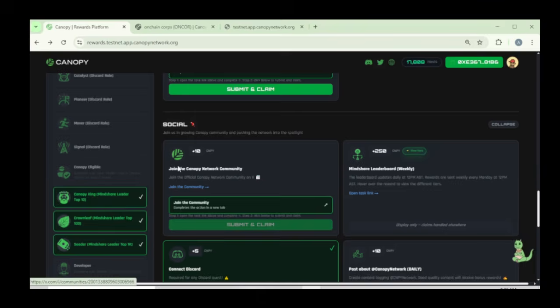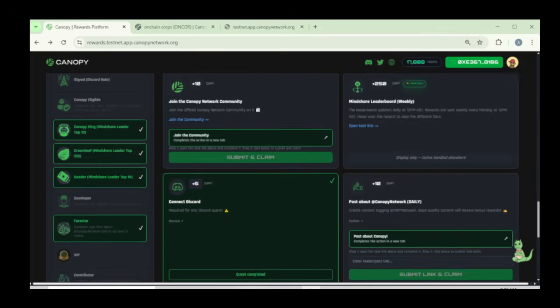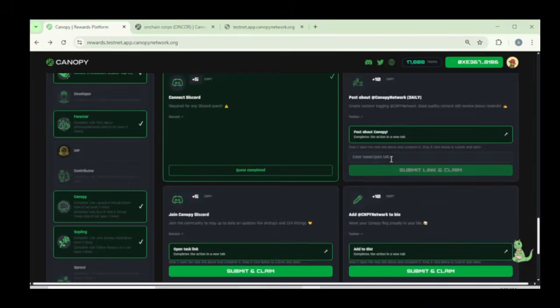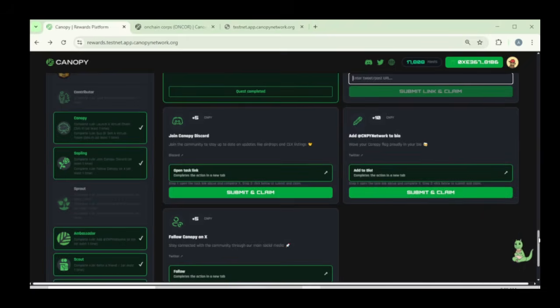Once you join their community on their X, that's easy to do. You just go over to their X and join their community. It's not hard. You connect your Discord and all. So create a post about Canopy. Once you create a post about Canopy, you come over here, post the link, submit and claim 10 extra. You add Canopy to your bio and claim that 10 extra. You join their Discord and you claim 5. You follow them on X and you claim 5. So basically